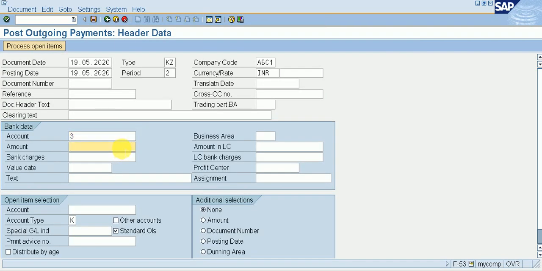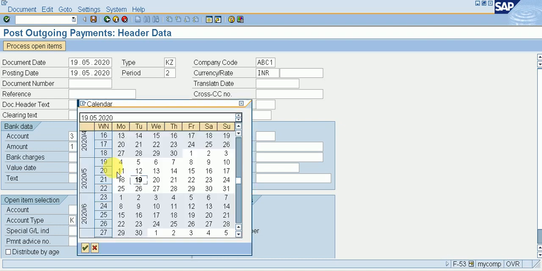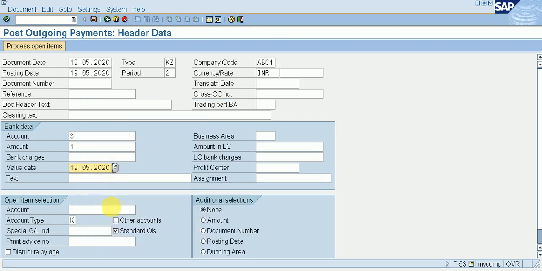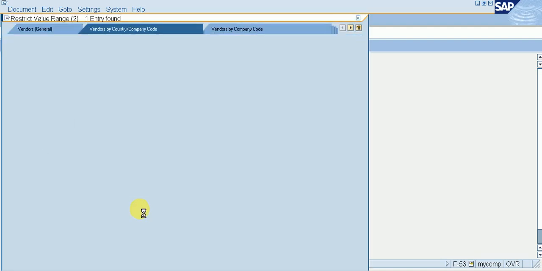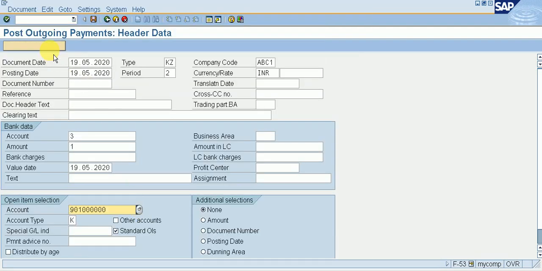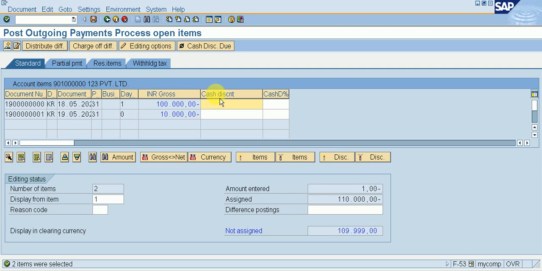Suppose I don't know about my amount, I am giving here 1, give a value date, today's date, and amount account is this. Click on process open item. So we can see our amount is pending.